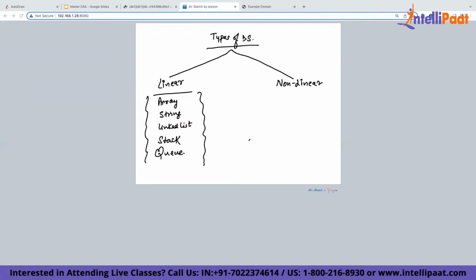Now, once you're done with this, it is your time to move beyond these and cover the non-linear data structures like trees, graphs and heaps. So now, if this part is clear, then we move on. I hope you are understanding the sequence of stuff. So what is the sequence? What is the first step? What is the second step? And then comes the third step.